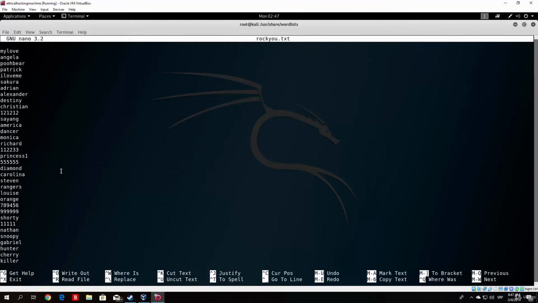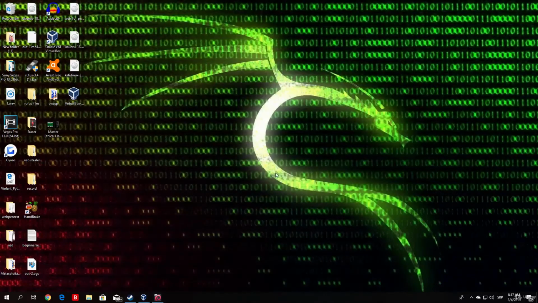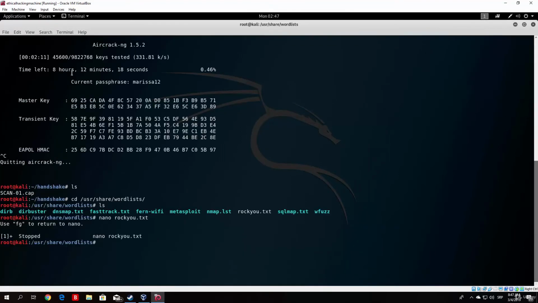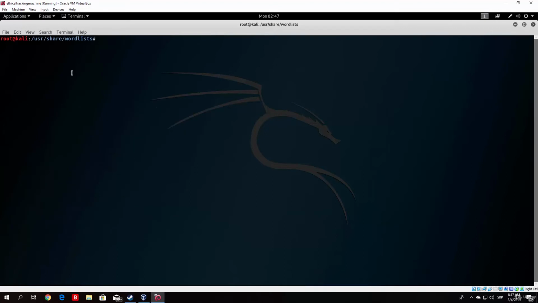Now let me close it once again. Well, now we can see that it actually bugged out, so not really sure why. Actually I am sure why. It is a virtual machine. It crashed while trying to load this. So what we will do is use a smaller word list, or wait, let me just nano it once again, and I will put it somewhere at the beginning, like the 5th password, so I don't need to scroll down. Maybe it won't lag like that.